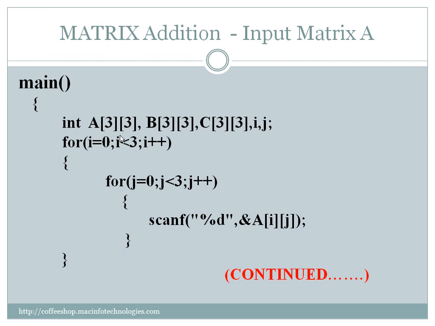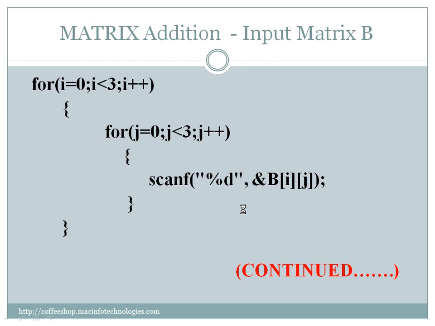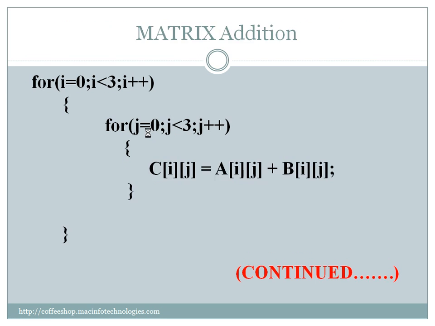So we will see the entire program. It has 3 matrices, A, B and C. We have to take input for the A matrix first. We use the same input loops, two loops, I and J loops, to take input for the A matrix. Next we will take input to the matrix B. So we have to use ampersand B here. Now we are taking input for the B matrix, and after taking both inputs, in the third pair of for loops, we will calculate the C matrix by